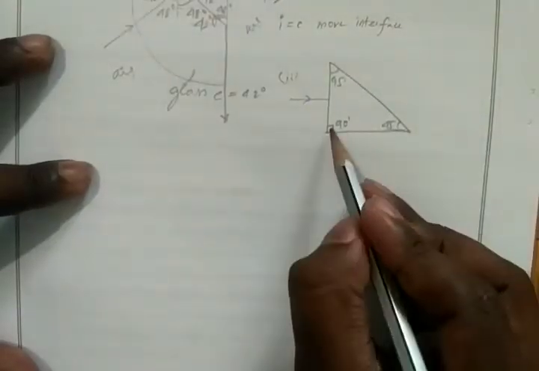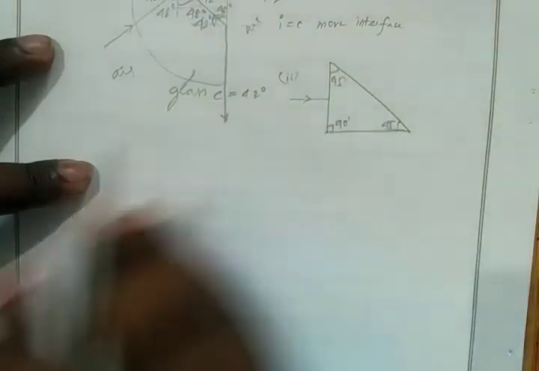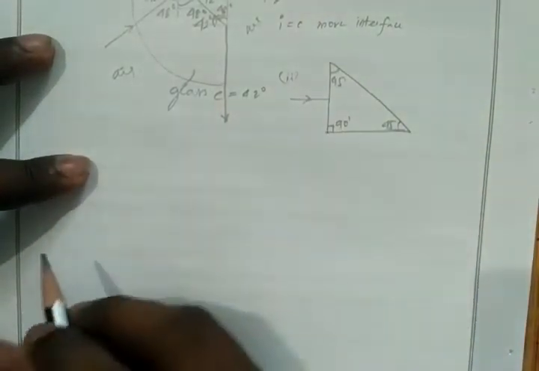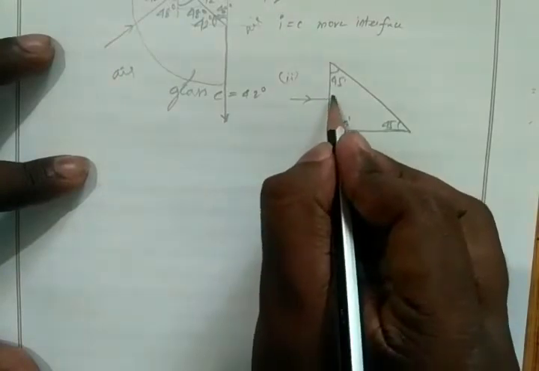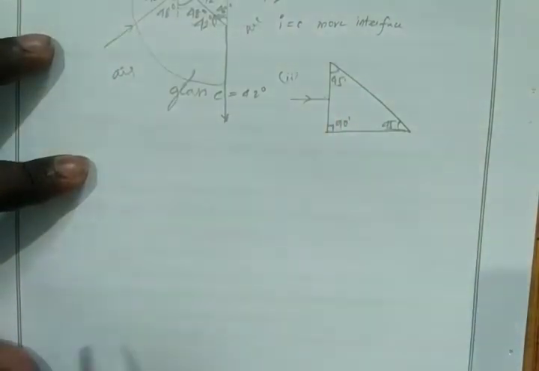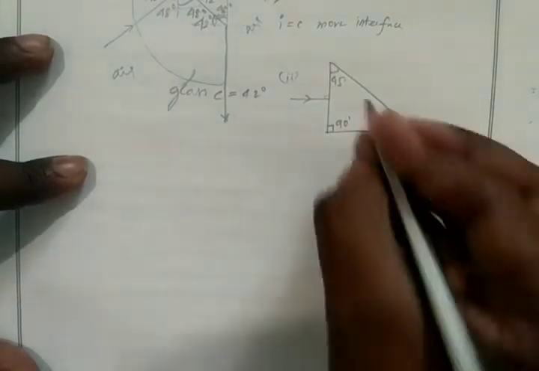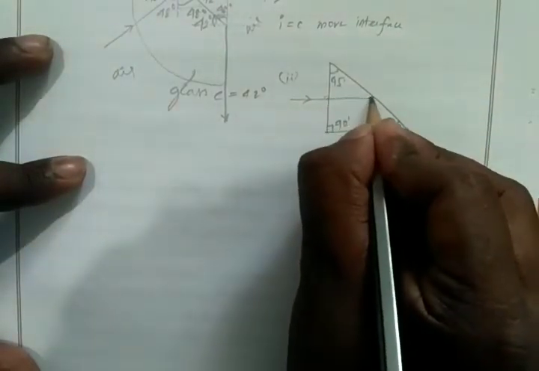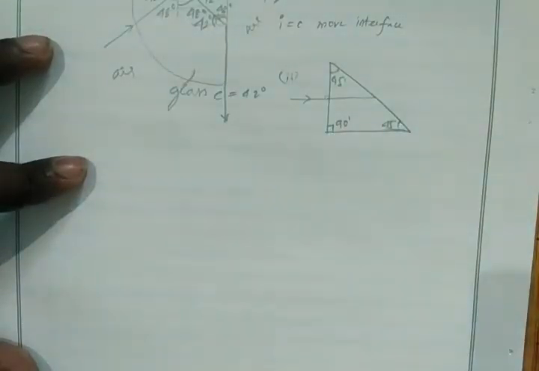We have a right angle triangle, with angles 90 degrees, 45 degrees, 45 degrees. And this is our incident ray. So the incident ray falls on the glass at 90 degrees. If it falls on the glass at 90 degrees, then it remains unaltered, it goes straight. Okay, no refraction takes place. Remember the condition for refraction. If it moves perpendicular, along the normal line, then it never bends, no refraction takes place. So it moves in a straight line, correct?